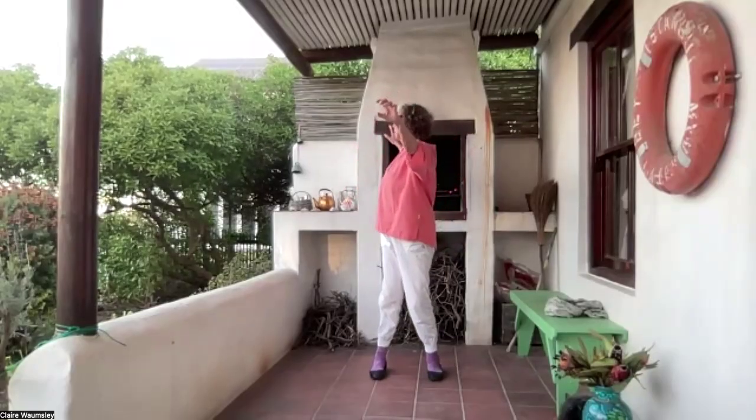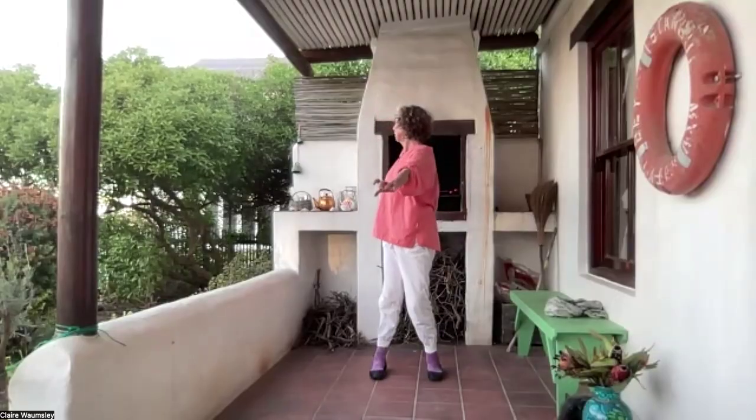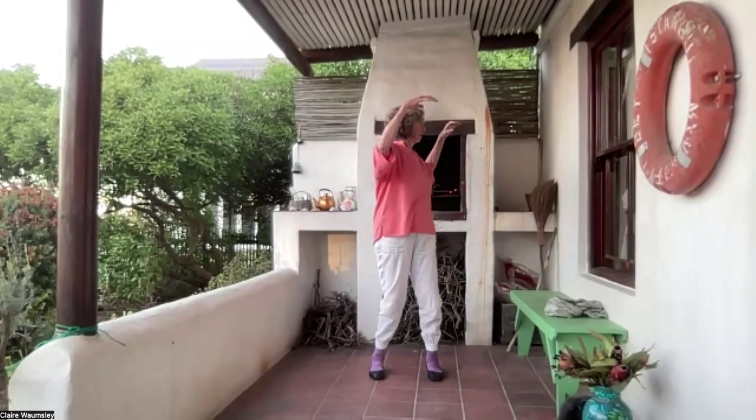So let's go into some softer flows for this part of the body. And we're going to start with tiger, stretching his claws as he wakes up. So little tiger hands here. And tiger's waking up, back of the hands together up the midline, turn at the waist and have a stretch to the side. Come back to the center, turn up the midline,